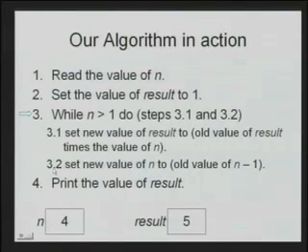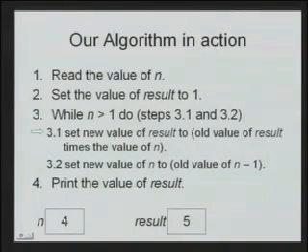So we do that, and note that once we have finished executing 3.1 and 3.2, we must come back to line number 3 and check this condition again. Why? Because remember that steps 3.1 and 3.2 have to be repeated as long as this condition holds. And this condition will not, as you can imagine, continue to hold forever, because in every step we are decreasing the value of n by 1, and therefore after a finite number of steps, the value of n will become less than or equal to 1, at which time we'll stop repeating steps 3.1 and 3.2. But at this point in time, the value of n is still greater than 1, so we repeat the